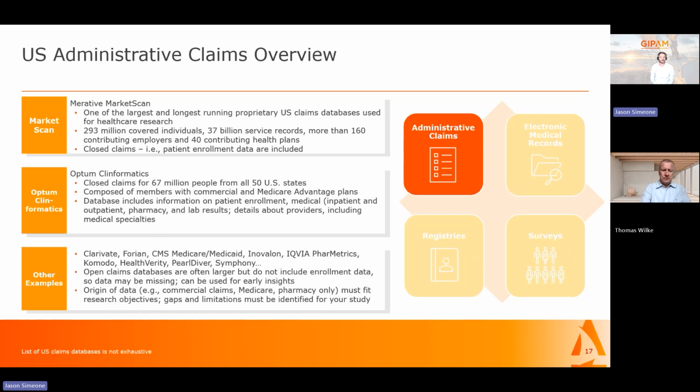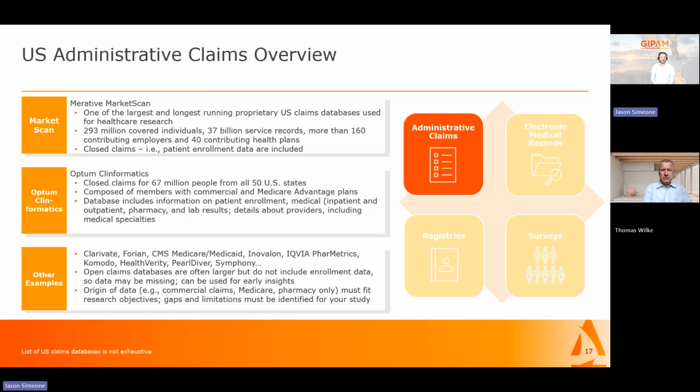As I mentioned earlier, these claims are coming from contributing employer-based plans. These are closed claims, and what I mean by that is that patient enrollment data are included, and this is really quite important for most of the studies that we conduct. When we know that a patient is enrolled in a plan, we are looking for those periods of continuous enrollment, because when they are not enrolled in a plan, their diagnoses, their treatments, et cetera, will not be captured in claims. And so we want to look in these periods of continuous enrollment and follow them longitudinally until they are